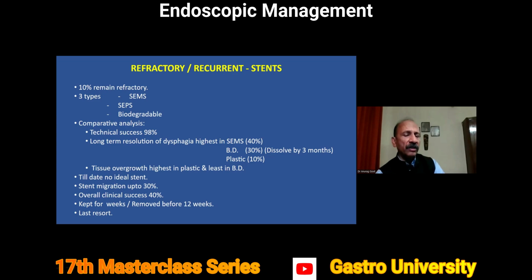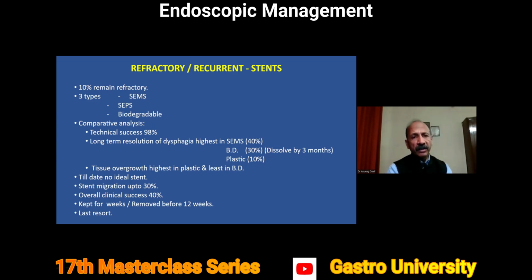So the healthy tissue of the esophagus actually covers the margins of the stent. That's a protective phenomenon which the body follows. And that makes retrieving these stents difficult. So if you forget them for long or they are left more than 3 months, then retrieving these stents might become an issue because of tissue overgrowth, which is the highest in plastic and the least in biodegradable. But I would end up with stents saying that